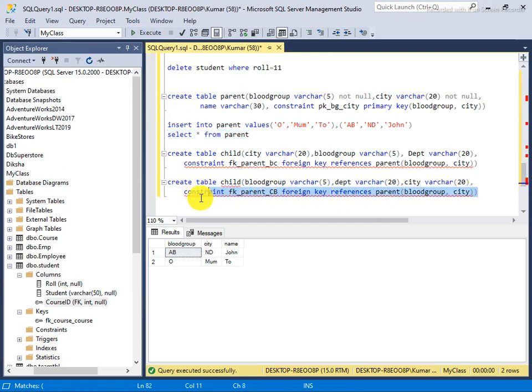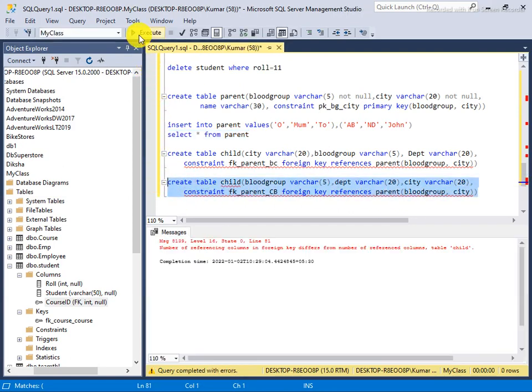Yeah, it's the same. So what's the issue with that? Number of referencing columns in foreign key differs from number of referenced columns, table child.